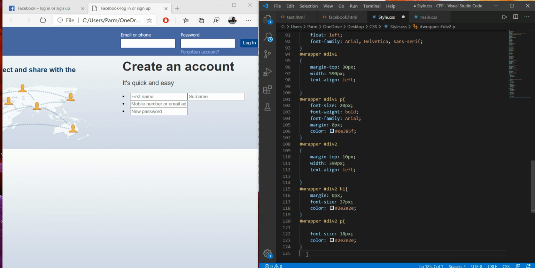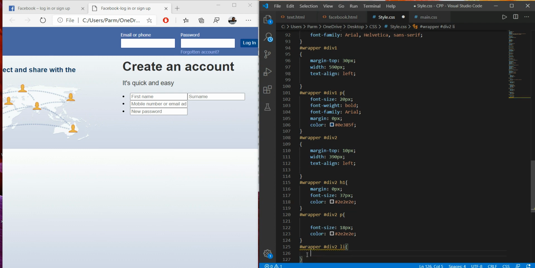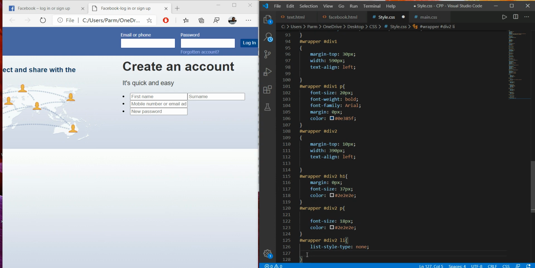For this I have to write #wrapper in this #div2, and here we have the list, and we write list-style-type: none, and we need to have margin among them, so margin-top of 10 pixels, say.